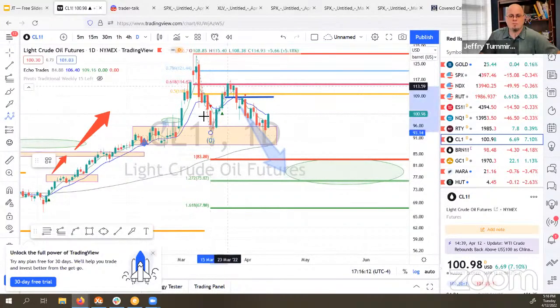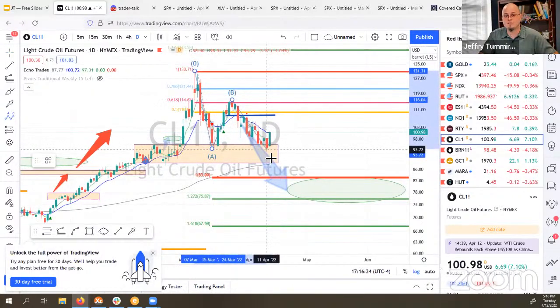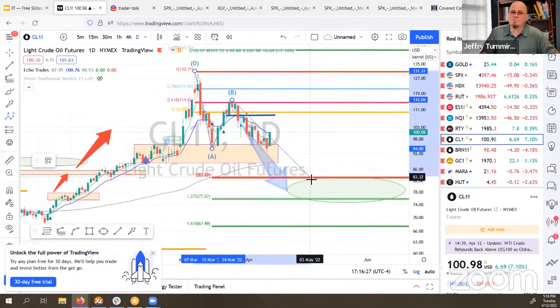That'd be that. Oh, that was not the point where I needed to pull it down just a hair. I mean, 0 point. This would be the A move, the B move right here to bounce off the 618 again. You know, the 618 happens over and over. And then the C move would be down here, at least to the 100, if not the 1272 or the 1618. So the minimum expectation is this 83 area right here.